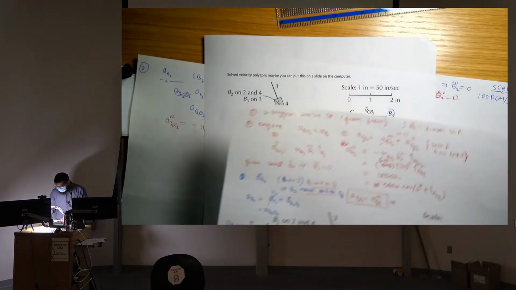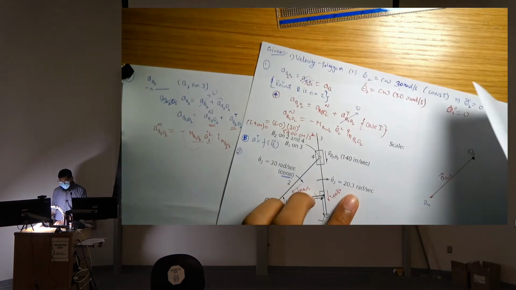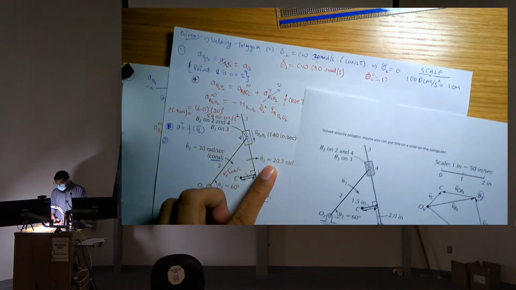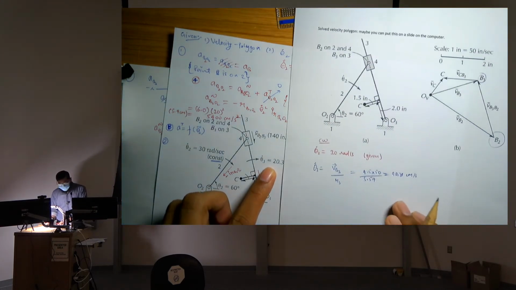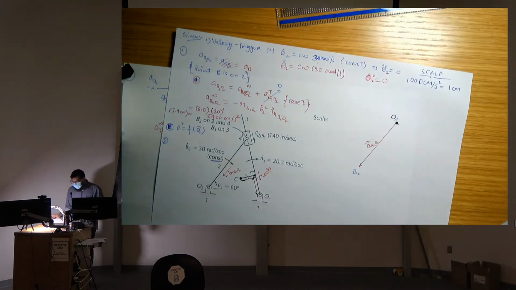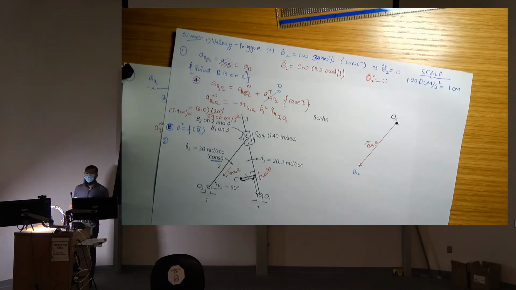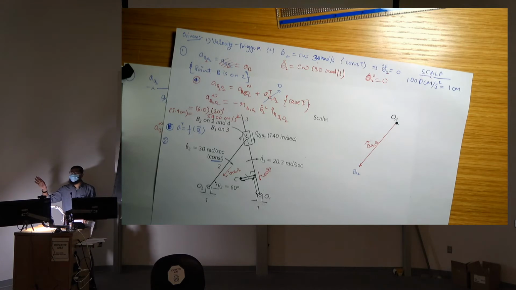See the value which is given to you as theta 3 dot, and the velocity polygon that I have just found. There's a conflict because I found the velocity as 40.39 centimeter per second, but here it's given as 20.3 radian per second. I don't know which one is correct. I probably know mine is correct, but in order to simplify, I'll just use this one because it's directly given to you. It won't change your acceleration polygon. It will be the same, only the values will change.